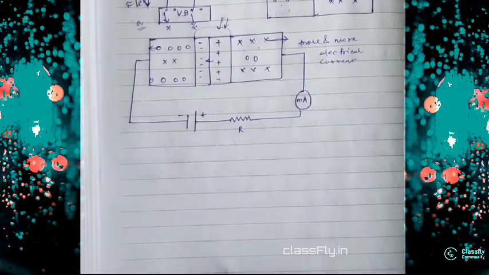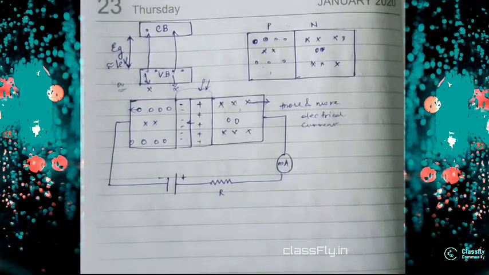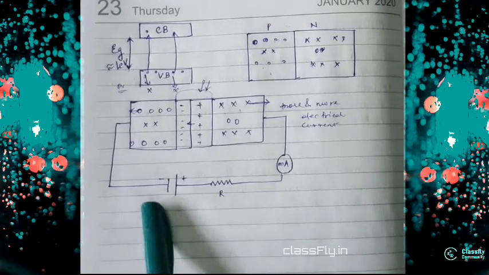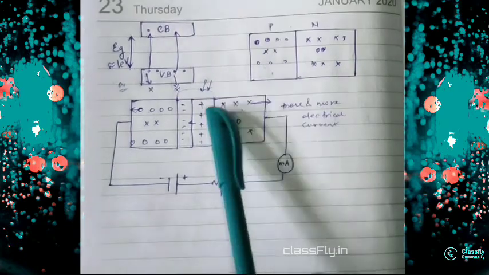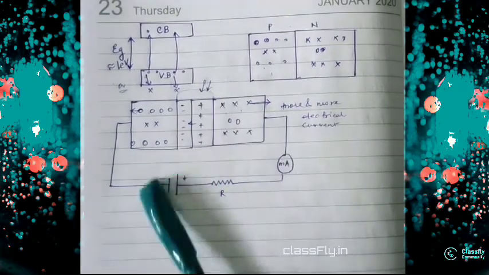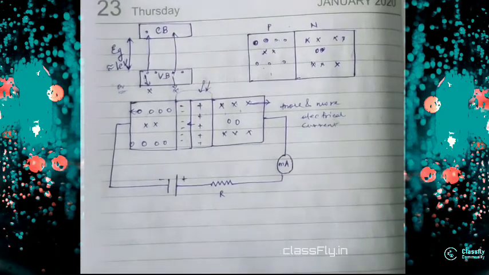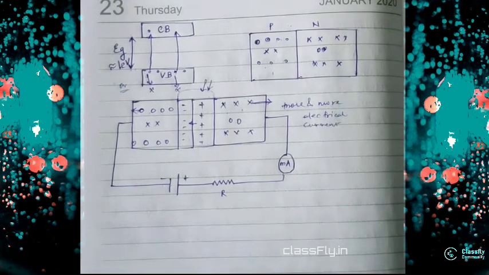So basically, what does a photodiode do? A photodiode is a PN junction diode, but in reverse condition. Reverse condition means the P side is connected to the negative side and the N side is connected to the positive side, and the light falls on a transparent part, which creates electron-hole pairs. The depletion layer gets thicker and thicker, and we get more and more electrical current, and the dark current gets less and less. So basically this is what a photodiode is, and I hope all of you understood this optical device, which converts light energy into electrical energy.